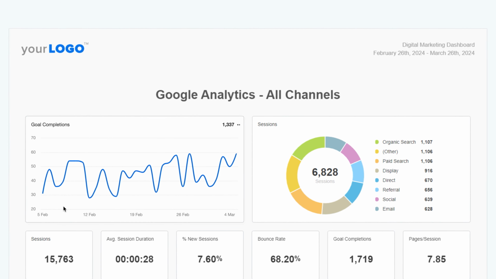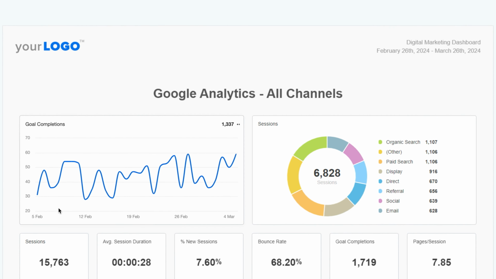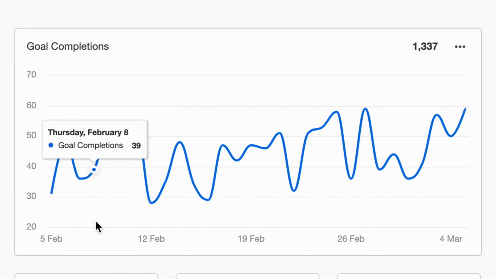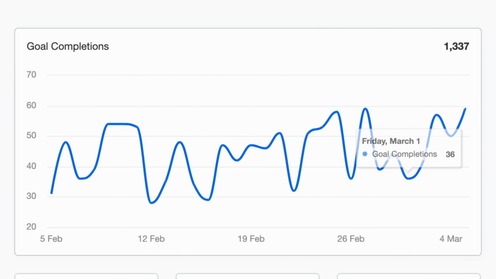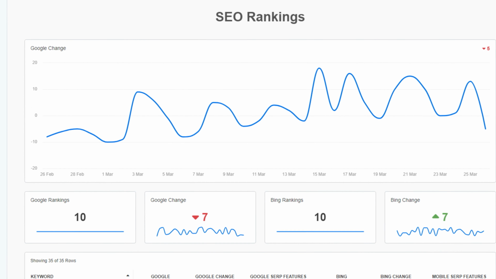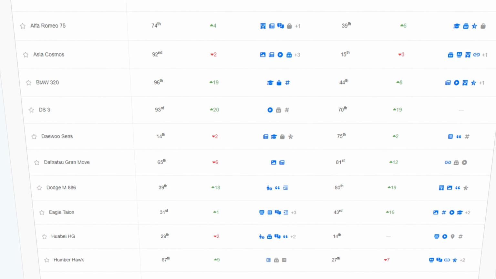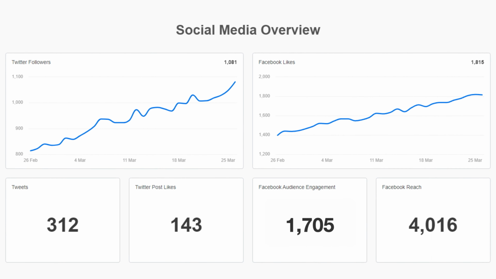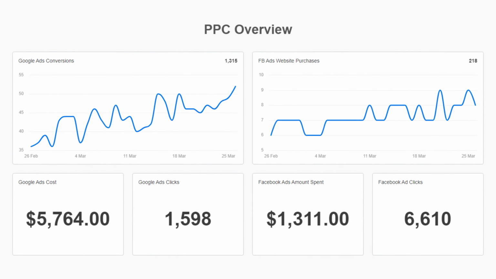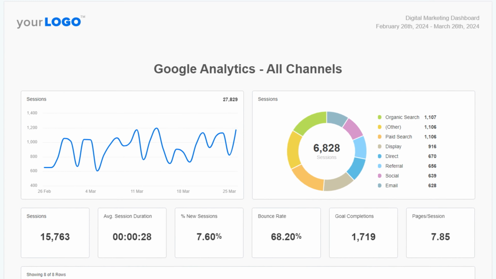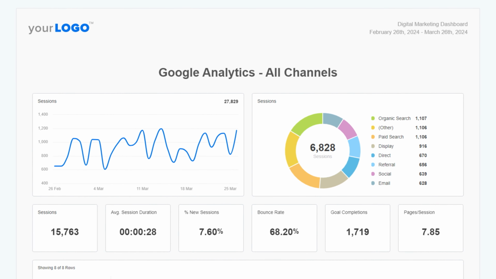Next up is a digital marketing reporting template from Agency Analytics that offers a comprehensive overview of different marketing areas in your business. First off, you have a Google Analytics overview as well as a separate page for tracking GA4 goals. Next, you have your SEO rankings overview and the keywords breakdown. On a separate page, you can see a social media review, while a separate report offers a PPC summary. This digital marketing reporting template is available directly on the agencyanalytics.com platform and is also free of charge.